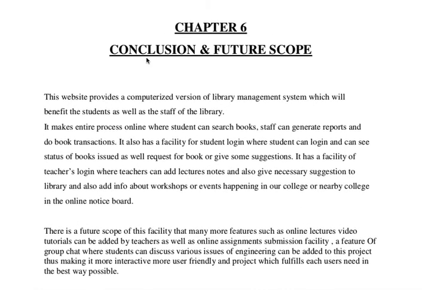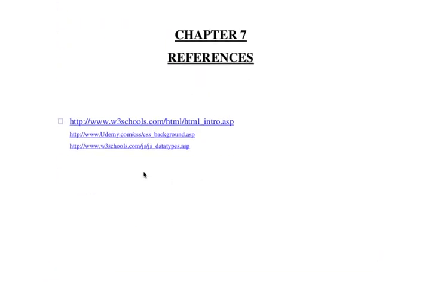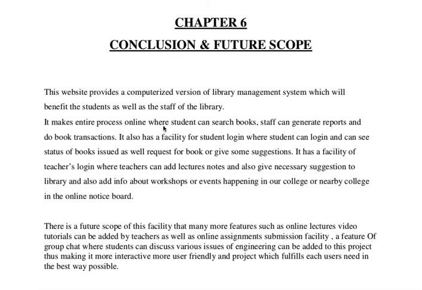Okay, now the last one is the conclusion and future scope. In the conclusion, you write the overall achievement, what you have achieved by developing this software, what your software is performing and doing. In future scope, you write what you would like to enhance or add as an extra feature in your software, or what you would like to suggest to others who want to develop it again. References you can put as a source: the things you have included from other external sources, you can write there the place from which you have taken them.